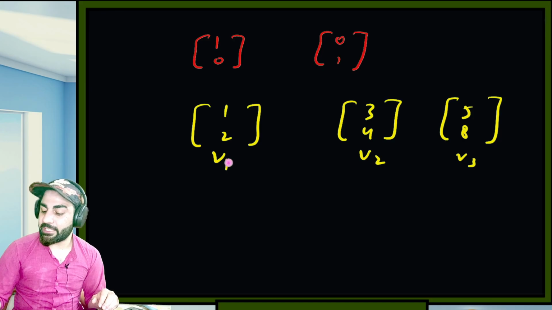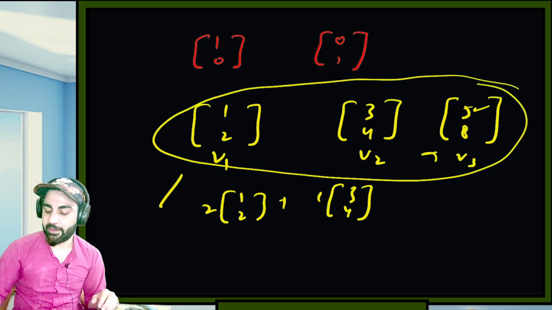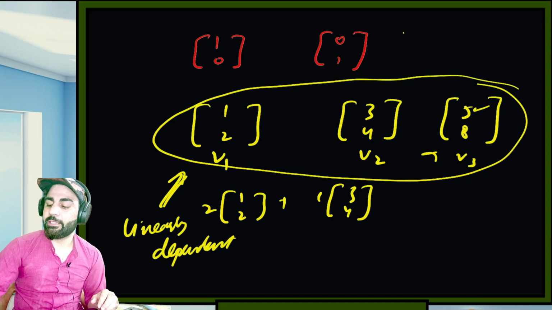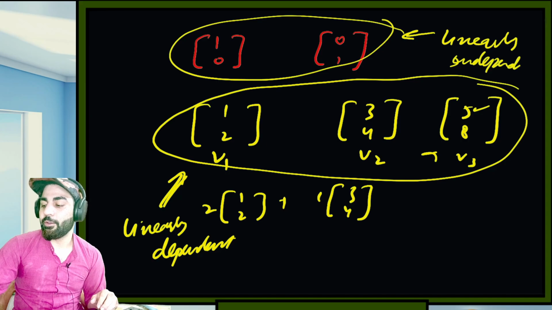Why? If I just take this v1 and multiply it with 2, and take 1 times of this (3, 4), this will be able to give me this vector. So this is 4 plus... yes, this is 2 plus 3 is 5, 4 plus 4 is 8. So now this set of vectors over here is linearly dependent. And this over here is linearly independent. Okay, now the question is,